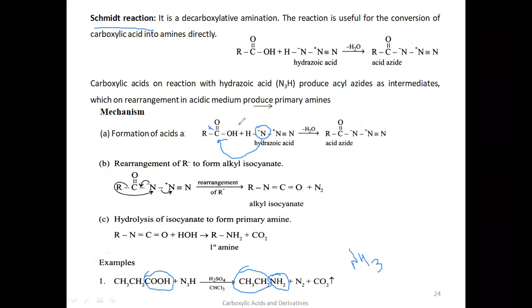And there is elimination of this water molecule also. So R-C=O, see here R-C=O, a new bond is formed here, between C and N, and N2, N3 plus. See here, this hydrogen is moving away without electrons, so these bonded electrons will be shifted onto this nitrogen. This negative charge is given to this carbon, forming a bond. Again it is getting negative charge from this bonded pair of electrons because this hydrogen is moving without electrons. So negative charge is shown here.